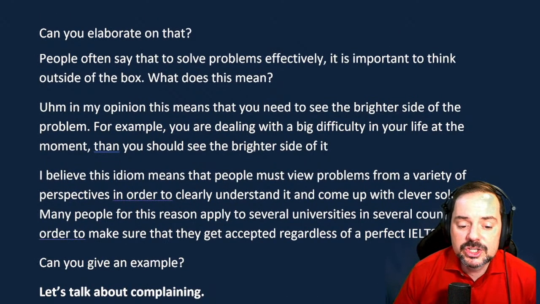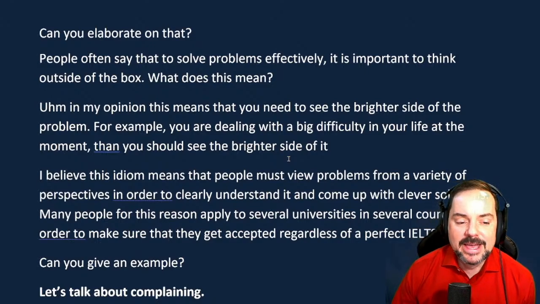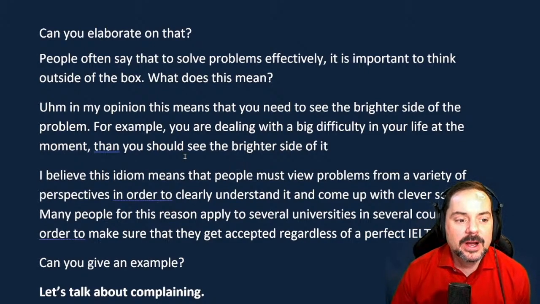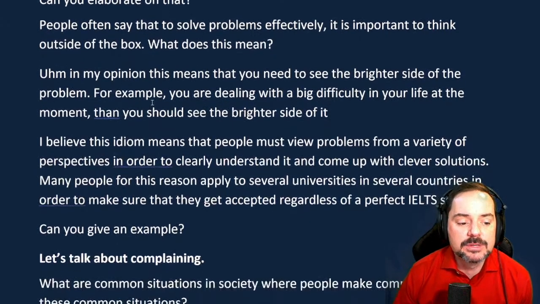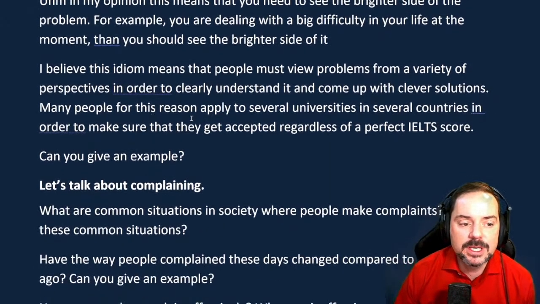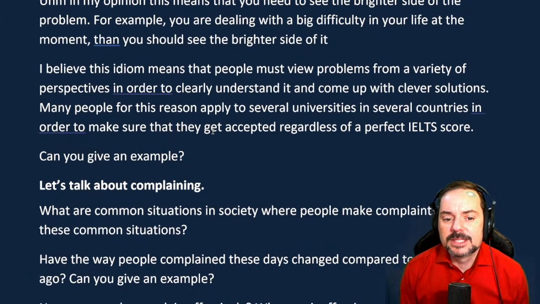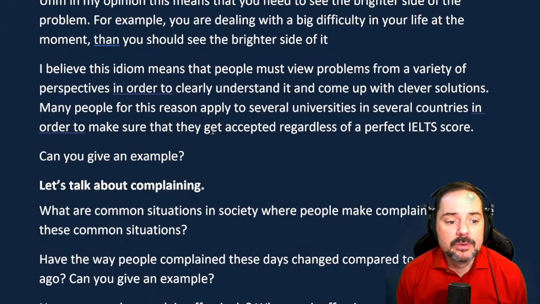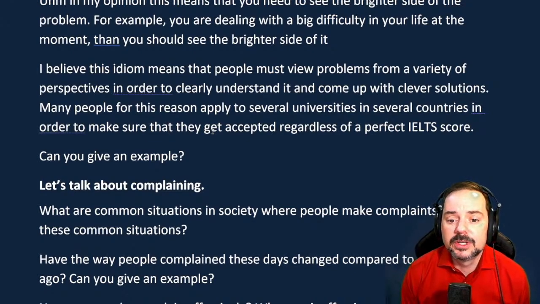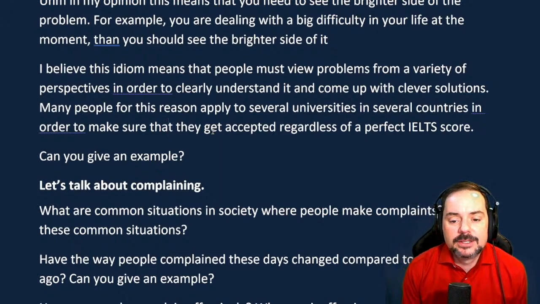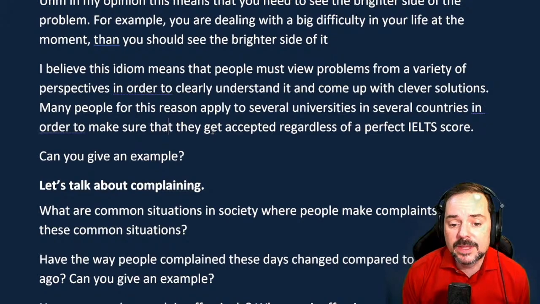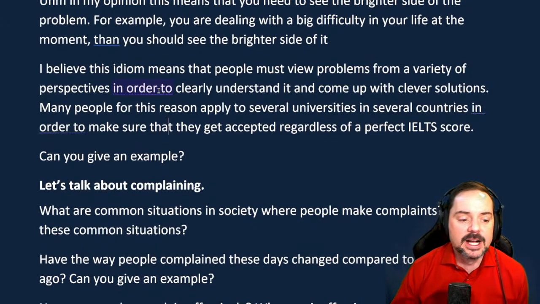Let me repeat the question. I'll give the answer and then just copy my answer. All right, so people often say that to solve problems effectively, it is important to think outside the box. What does this mean? I believe this idiom means that people must view problems from a variety of perspectives in order to clearly understand it and come up with clever solutions. Many people, for this reason, apply to several universities in several countries to make sure that they get accepted regardless of a perfect IELTS score. All right, so